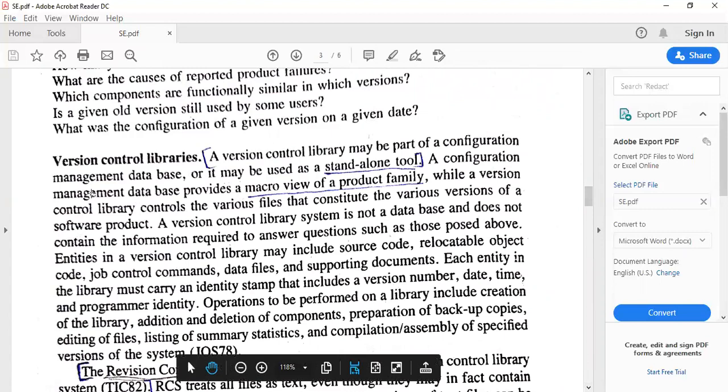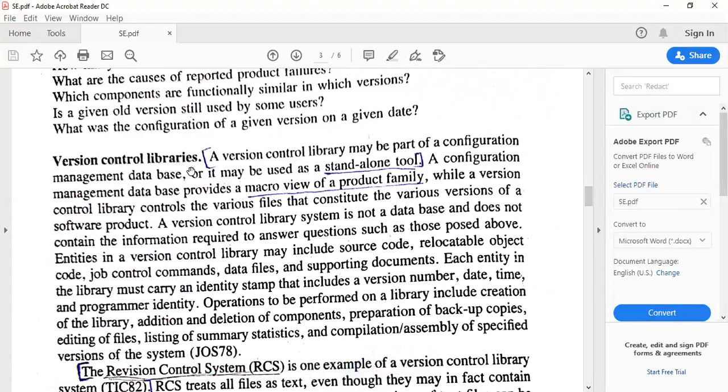And the second tool used for configuration management is version control libraries. This version control library may be a part of the configuration management database, or it may be a standalone tool. The configuration management database provides us a macro view of a product family.